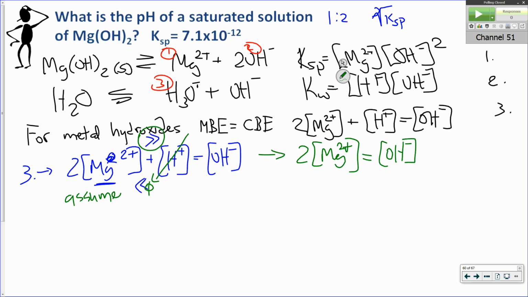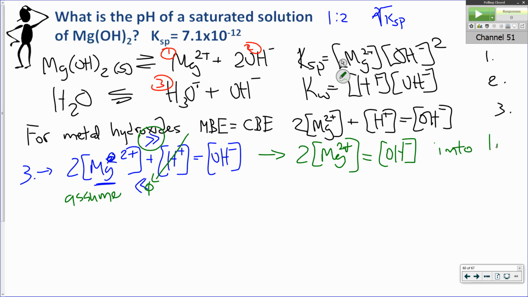Okay, now if that's the case, if I'm looking for pH in this, so I need to find what is OH minus in this guy. So I can take and arrange this equation in whatever way I want to find out what a solution is. Okay, so if I look at putting this into 2 times the magnesium equal to the hydroxide, I can substitute that into